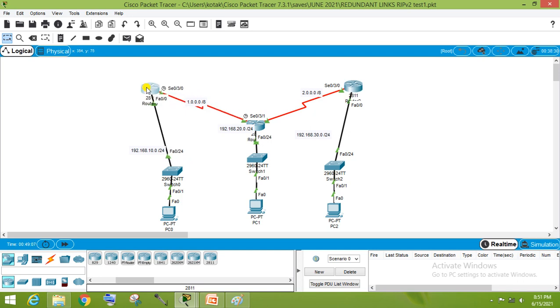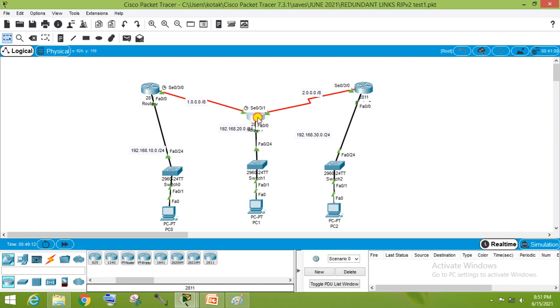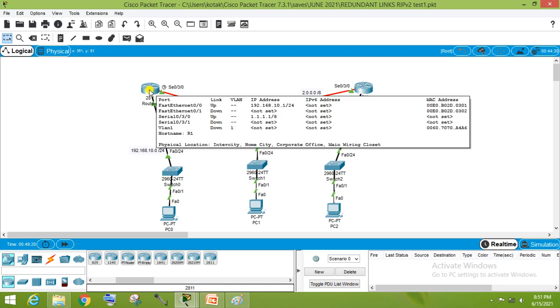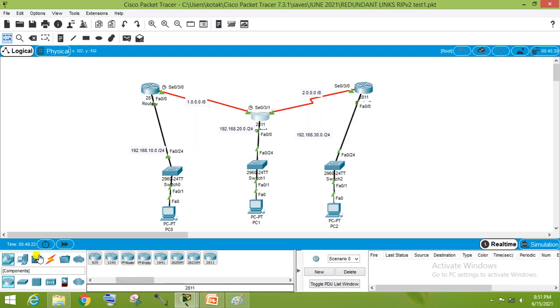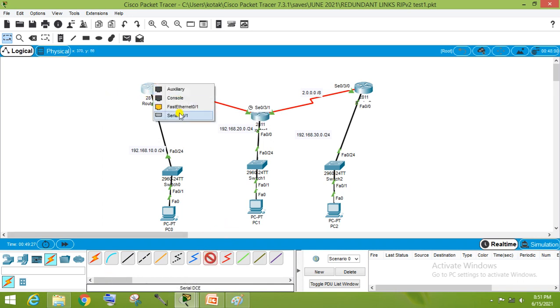Let's look. Okay, so now I'm connecting one more link, this router with this one, and I'm giving an IP address.